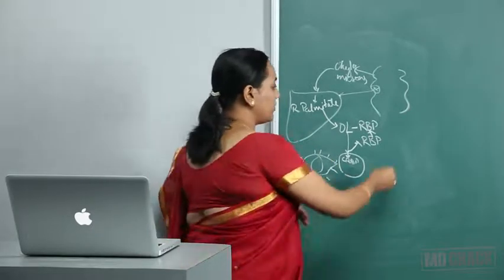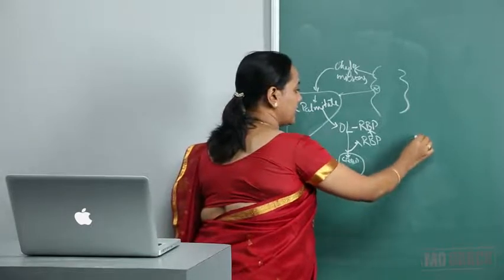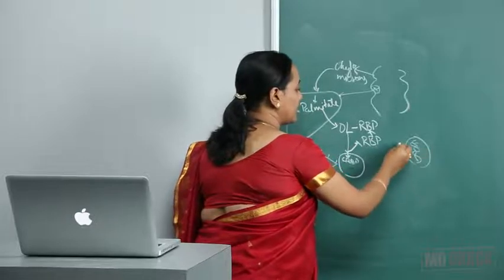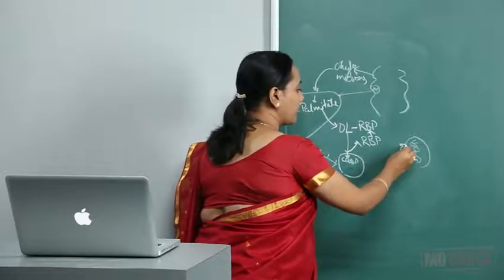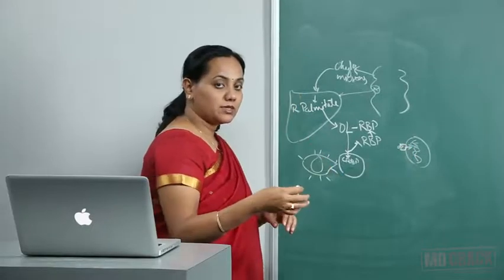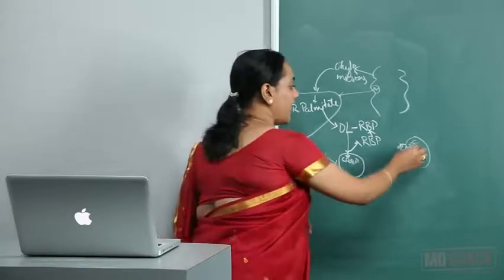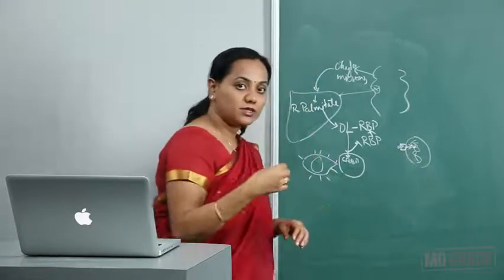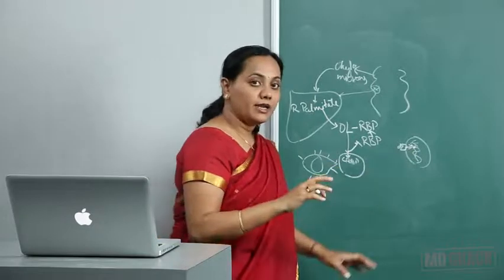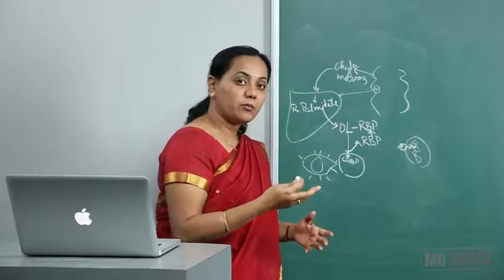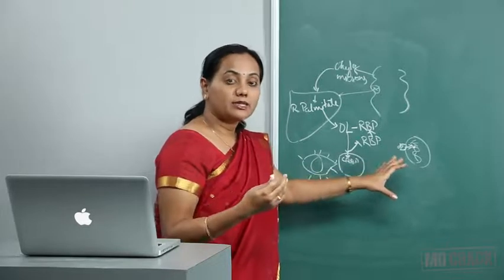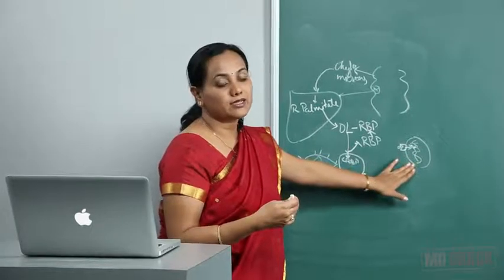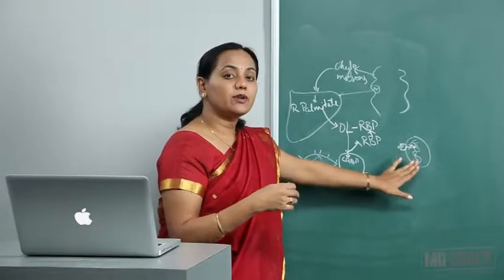So if this is the nucleus, retinoic acid mainly acts on the gene, and it has receptors here. It acts in the form of a steroid hormone, just the way a steroid hormone acts, and it binds to a specific retinoic acid receptor gene complex that is present in the DNA. It brings about changes in transcription, translation, etc., and brings about changes at the cellular DNA level, and thereby retinoic acid is involved